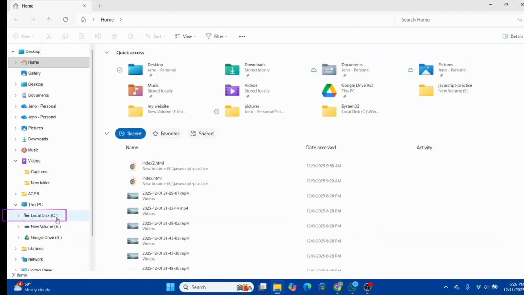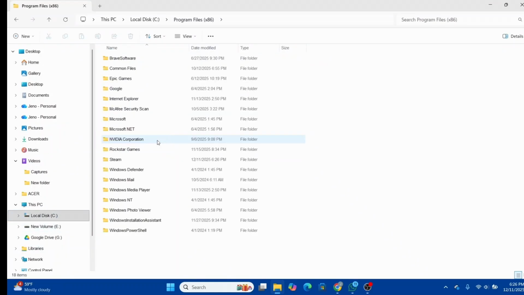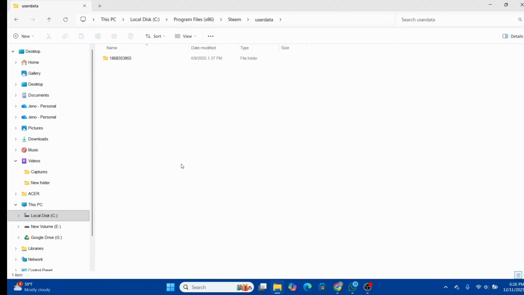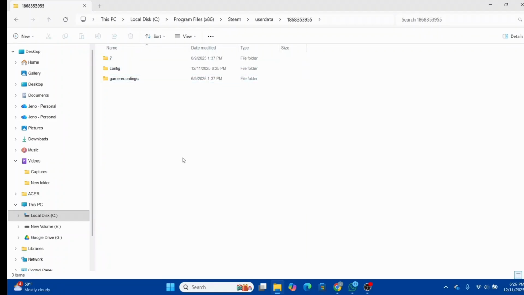and go to your disk, C drive it is, and go to program files. And within here, look out for Steam. And within Steam, you can look out for your user data. And there you should be finding a Steam ID. So you just need to go over and delete the saved files folder within your ID right here. You can select it whole and delete all of the files available in that particular folder,